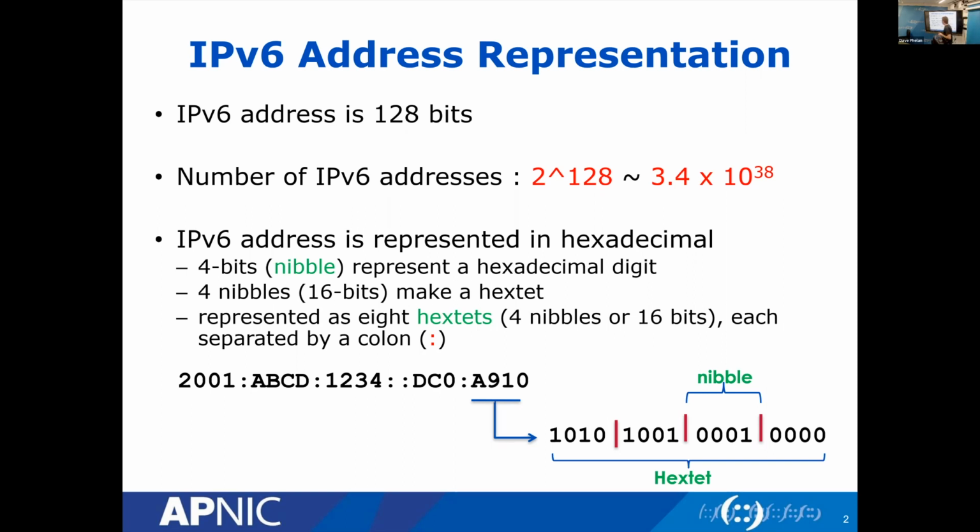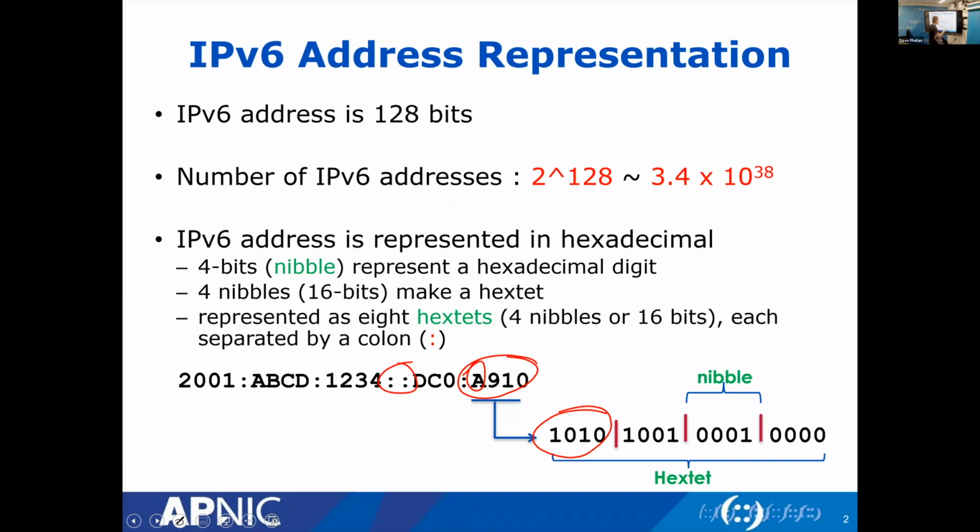So every 4 bits is a nibble. So there's a nibble, 4 bits. Every one of these is called a hextet. So every chunk of 16 bits is our hextet. So this address here, 2001 ABCD 1234, double colon. I'll explain that. Some of you are probably already on top of that. DC0,